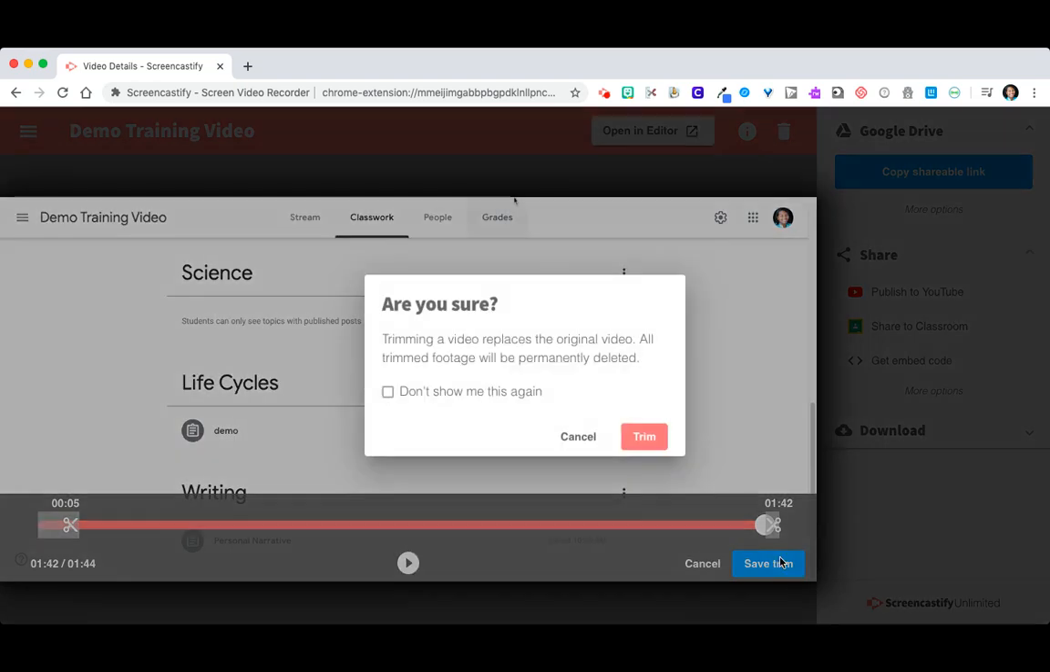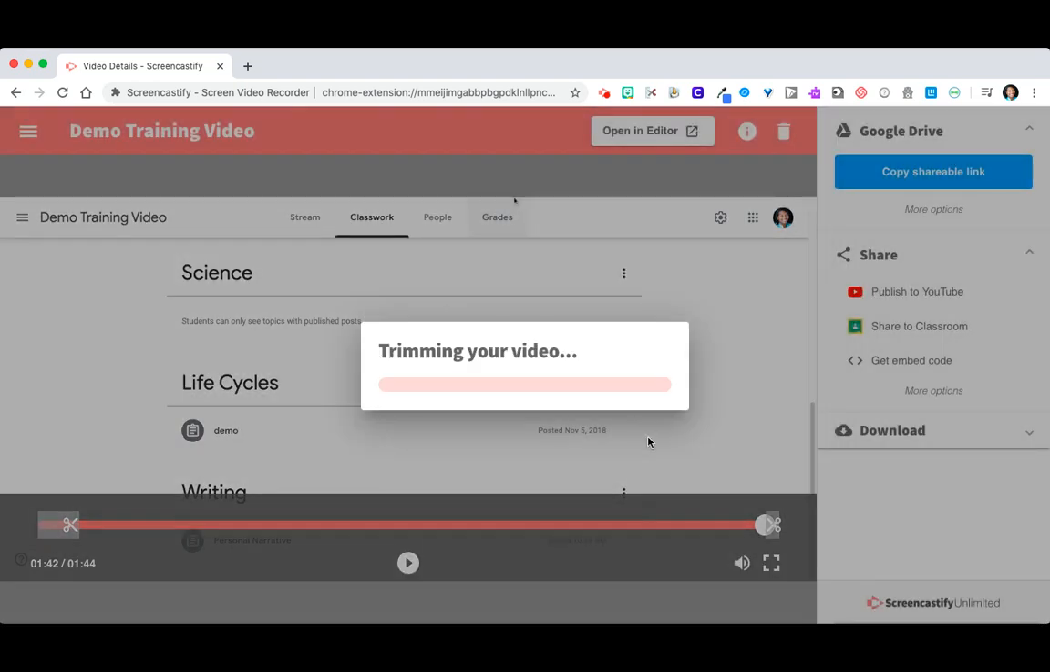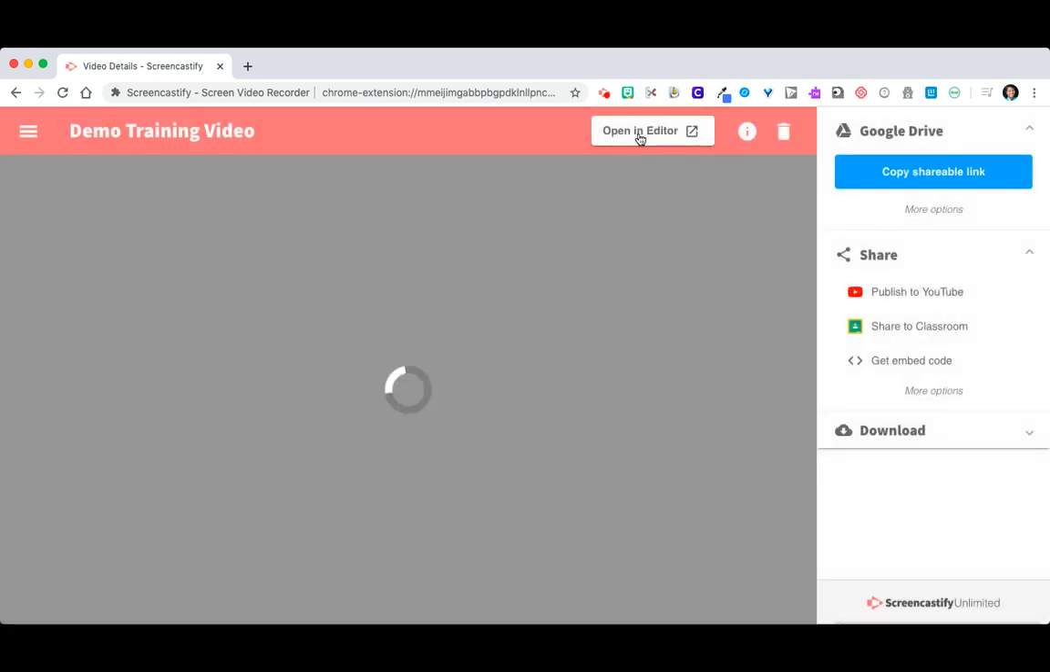When you're done, you can click Save Trim. It will give you a pop-up option. And so then it will trim your video. So again, right on the video page, the Lightning Editor will let you just trim the beginning and ends of your video. If you want to do some higher level editing, then you're going to want to open up the